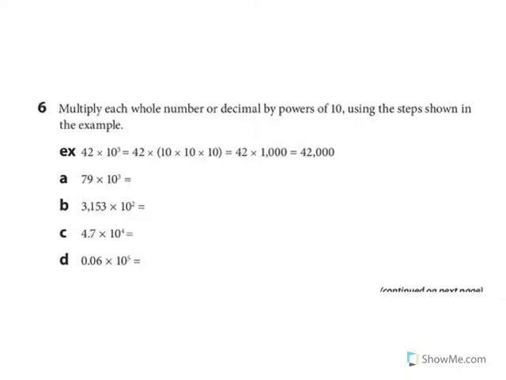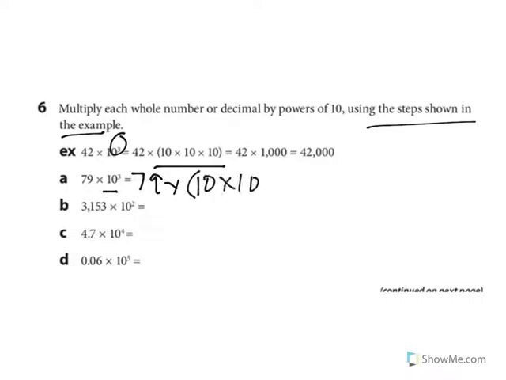Next, multiply each whole number or decimal by powers of 10 using the steps shown in the example. Okay, so we know that the exponent here will tell us the power of 10, just like they show us here. So it says using the steps shown in the example. So do what the example does. You would take 79 times how many 10s? 10 to the third. So in parentheses, 10 times 10 times 10 equals, and then we would do 79 times 1,000 equals